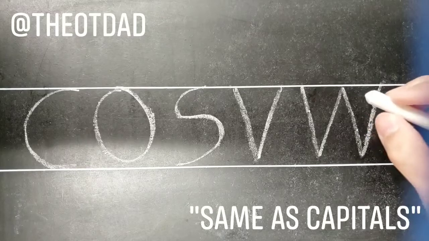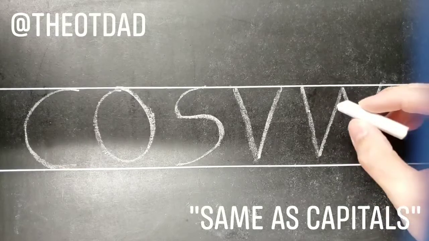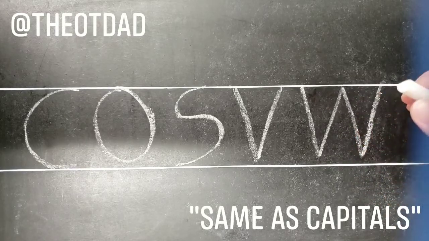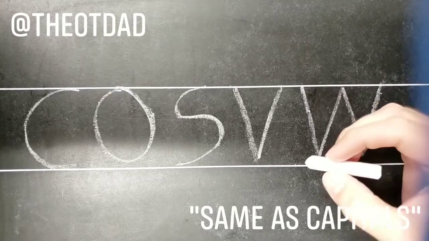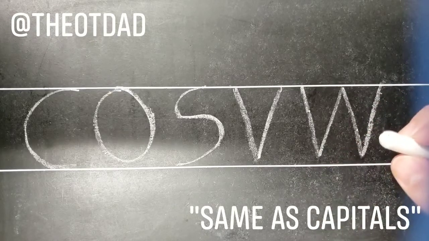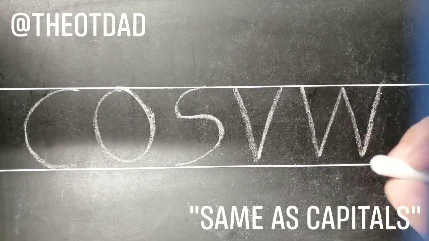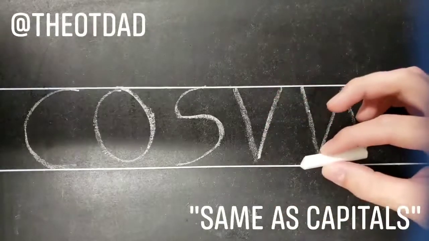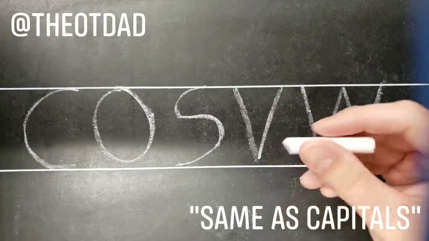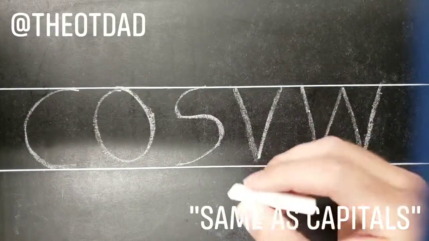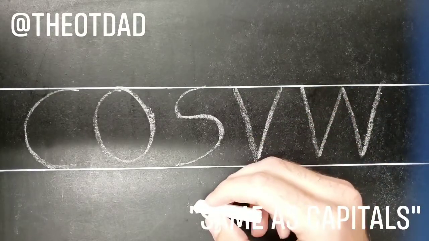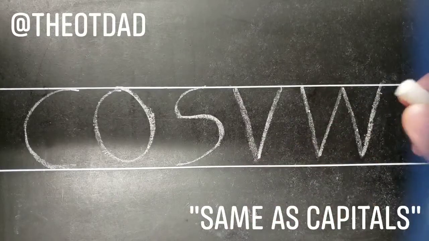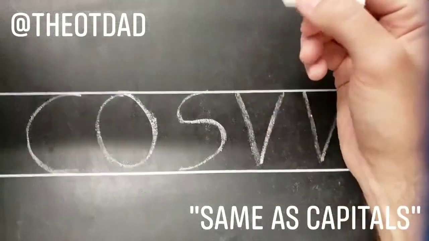And so these letters are identical. They're made the same way. They look the same way as their capital counterparts, just smaller. And so it really helps teach your students two things. One is the formation of the letters themselves, but then two is the idea that lowercase letters are typically smaller than their capital counterparts. And what I see a lot of is kids who will write,